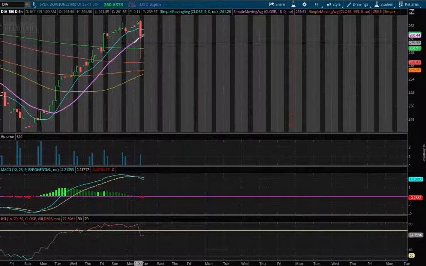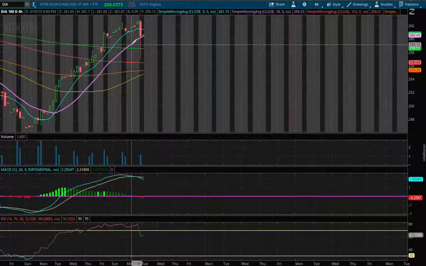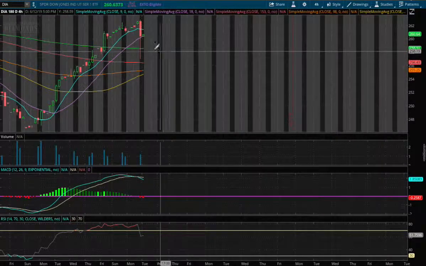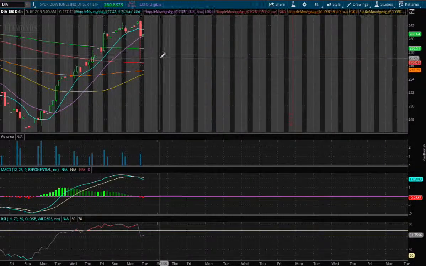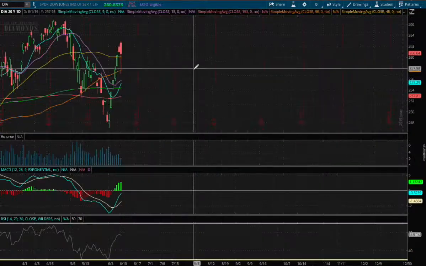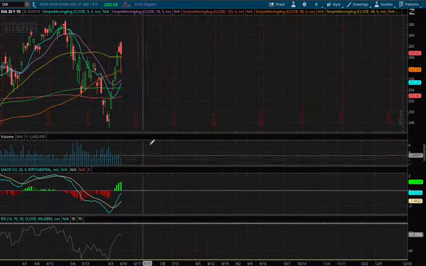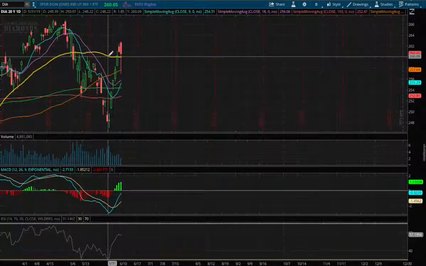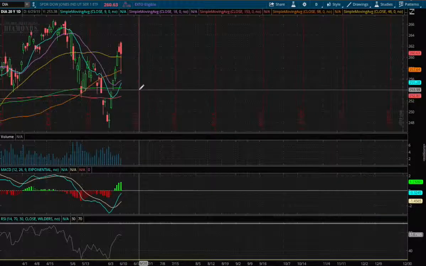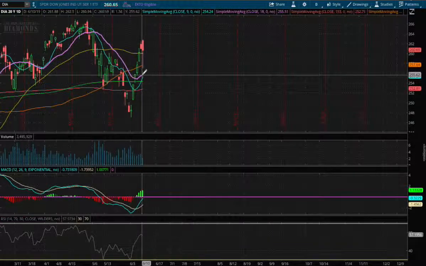However, if we were to break down and close below this 18 moving average, the trend will most likely be sideways and head down lower. On the daily chart, we're starting to see the MACD turning positive, pointing upward, and the 50-day moving average, I would consider that as immediate support, but I would see this as a good decent support right here, where